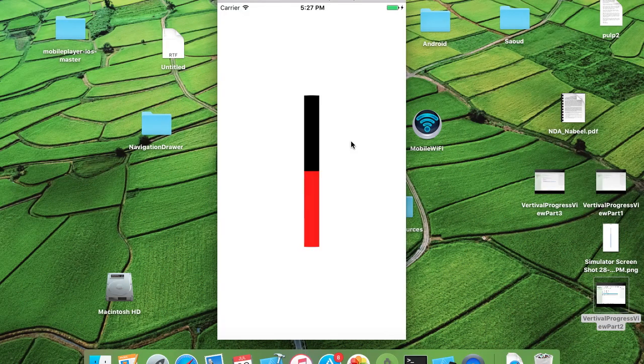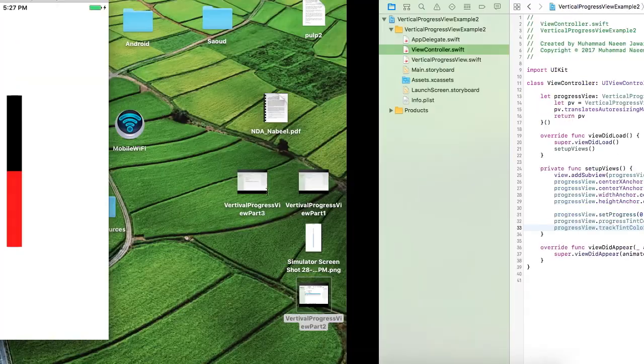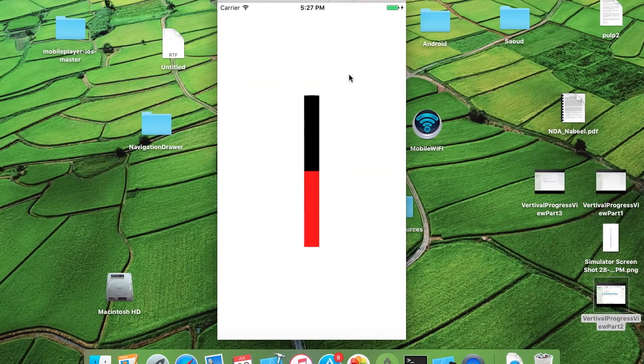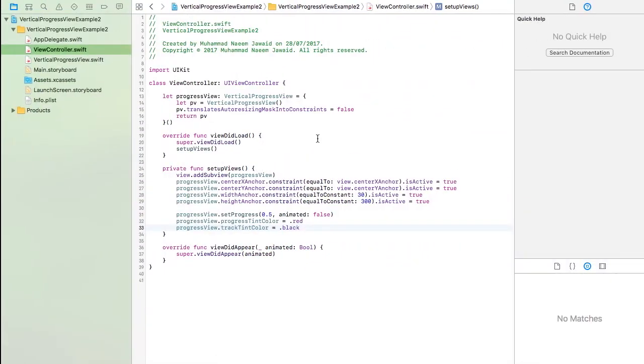Yeah, so now you can customize it any way you want. You can give it a shadow like you do to other views, give it a corner radius, give it some images. Just play around with it, and